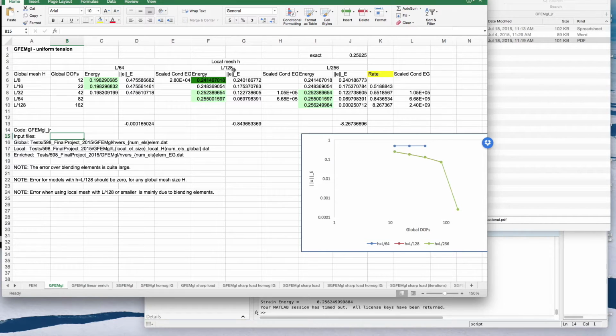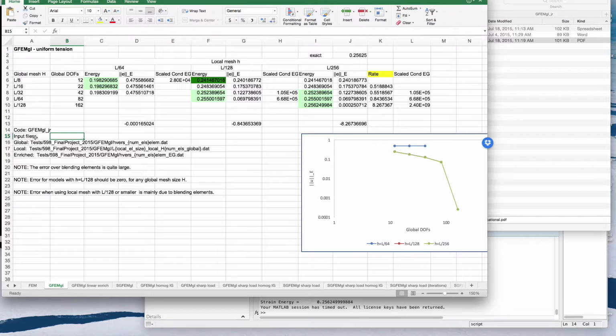We saw that the material phase is of length L over 128. And finally, this third set of data is for local mesh with element size L over 256. On this lower left part of the